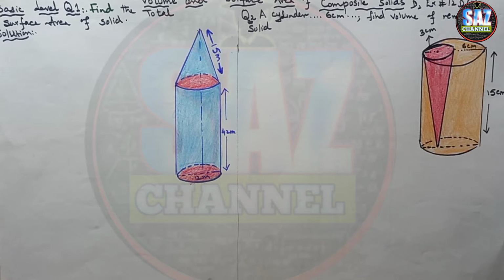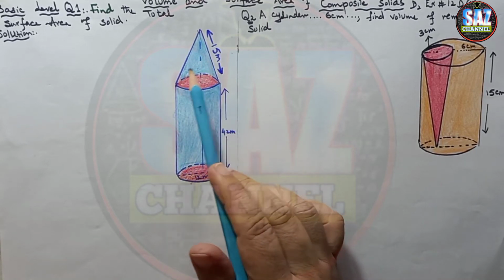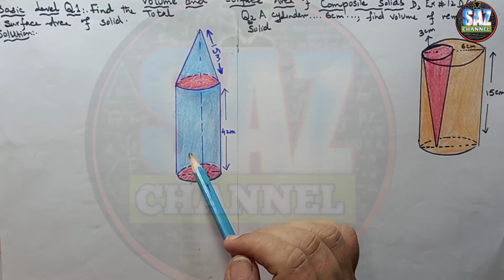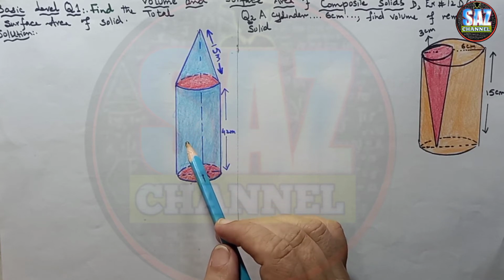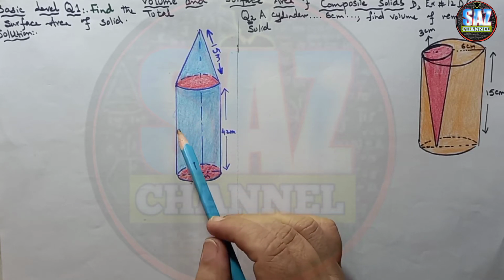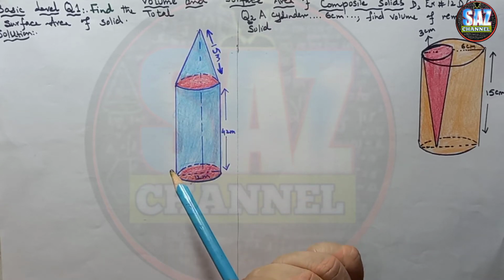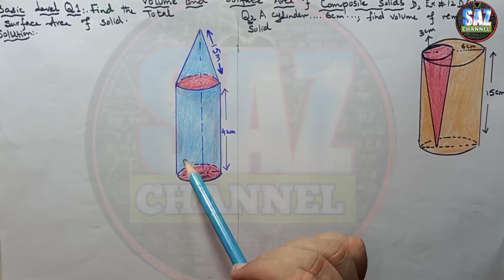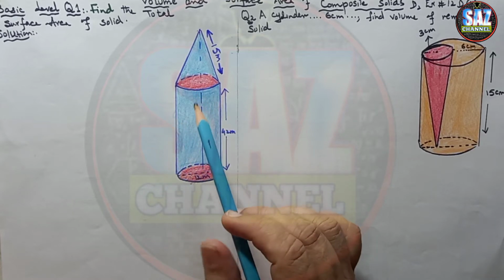Okay, let's try to understand the question with the help of the diagram. We have to find the total surface area of this rocket. In this situation we can see the diagram is consisting of two parts. It's a composite shape. One is the cylindrical portion and one is the conical portion. In order to find the total surface area of this whole rocket, we have to find the total surface area of both the shapes.